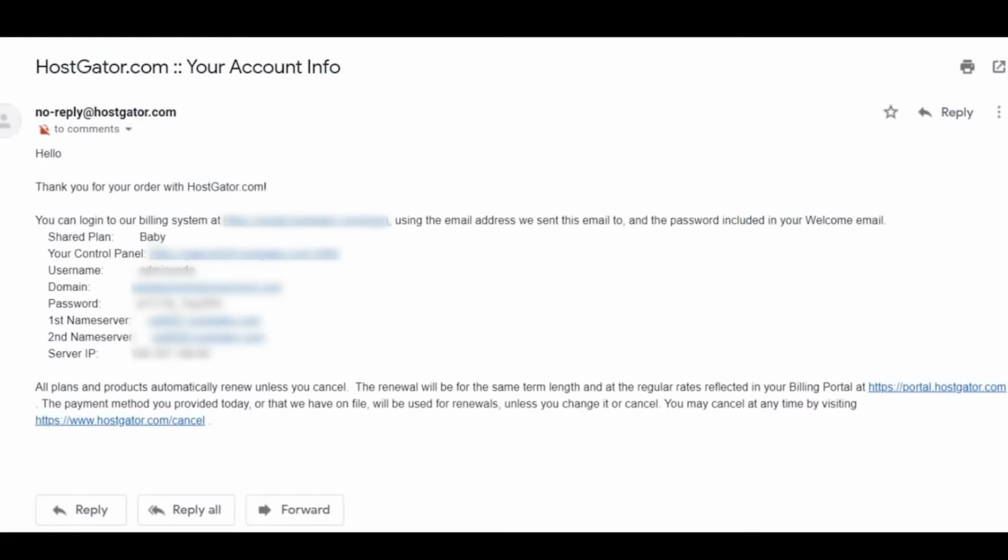Here, you will find the name of your plan, your control panel address, username, domain, password, and your name servers. Now, if you purchased your domain from HostGator, then you don't have to worry about the name servers. If you have purchased your domain from another service like Namecheap or GoDaddy, then you have to visit your domain service website and go to the DNS management option. There you will find an option to change or input your own custom name servers. Copy the name servers from your HostGator email and paste them here to point your domain to HostGator's name